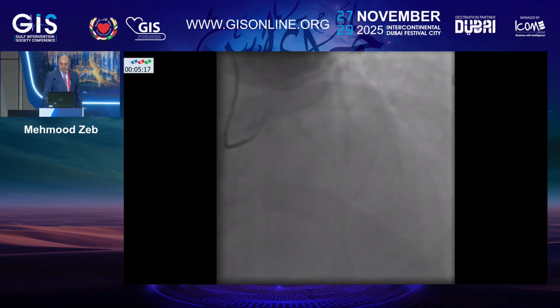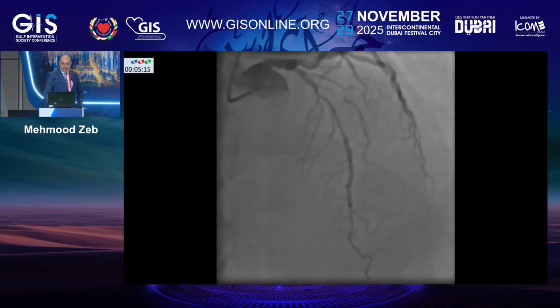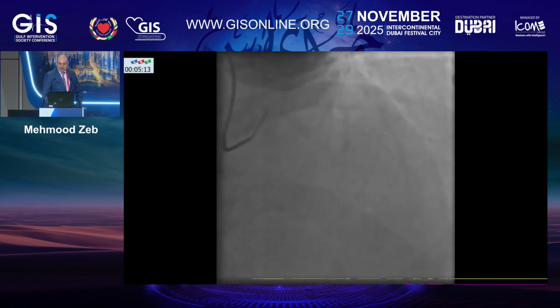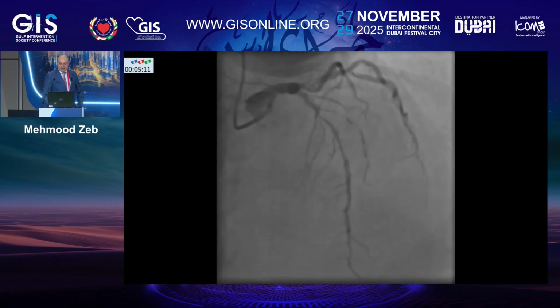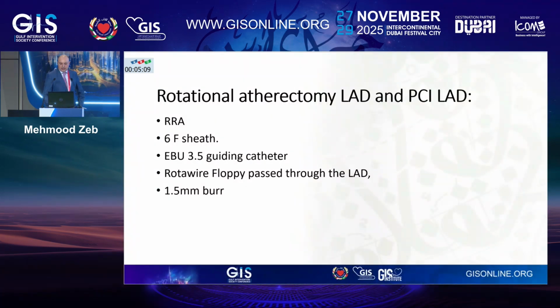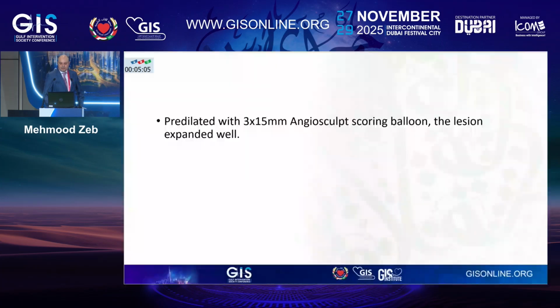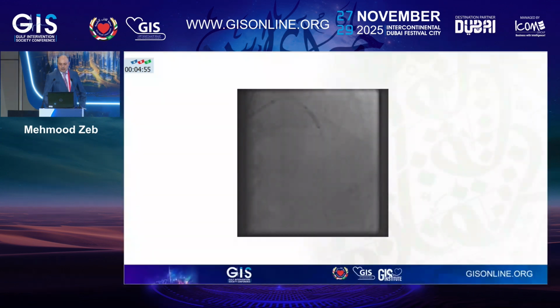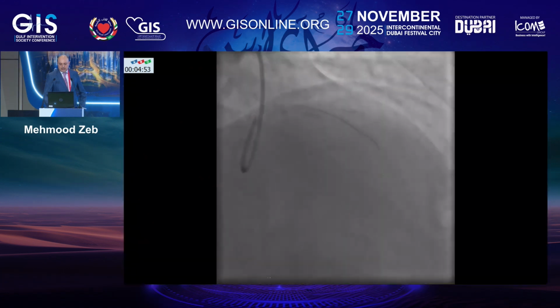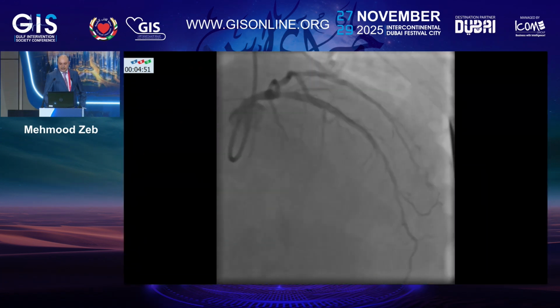Example cases. This was a 78-year-old gentleman who presented with an STEMI with a calcified lesion. Here I decided to go upfront straight for the rotational atherectomy using a 1.5 millimeter burr. After rotablation, I pre-dilated the lesion with a 3.0 balloon, and then delivered the stent and post-dilated the